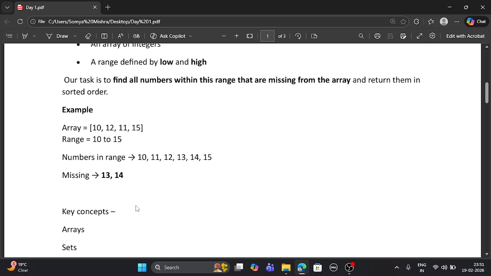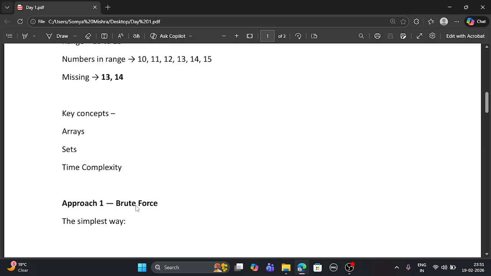We need to understand a few key concepts in order to go through this problem. The first concept is an array. An array is a simple collection of elements stored sequentially. But searching inside an array takes around big O of n time because we may need to scan everything.